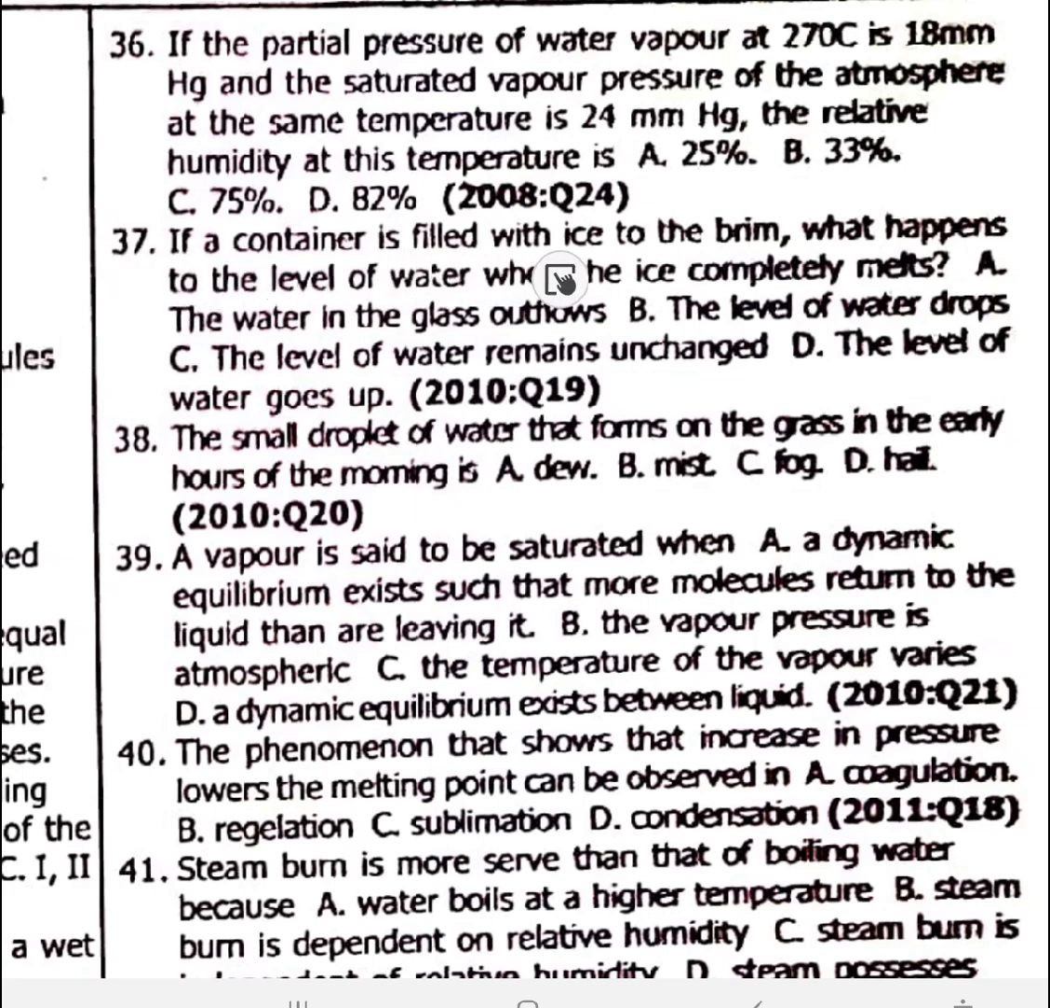37. If a container is filled with ice to the brim, what happens to the level of water when it's completely melted? Remember, there will be a decrease. Option B. The water level will drop. Option B. Repeated question. 38. The small droplet of water that forms on the grass in the early hours of the morning is actually dew. 39. A vapor is said to be saturated when